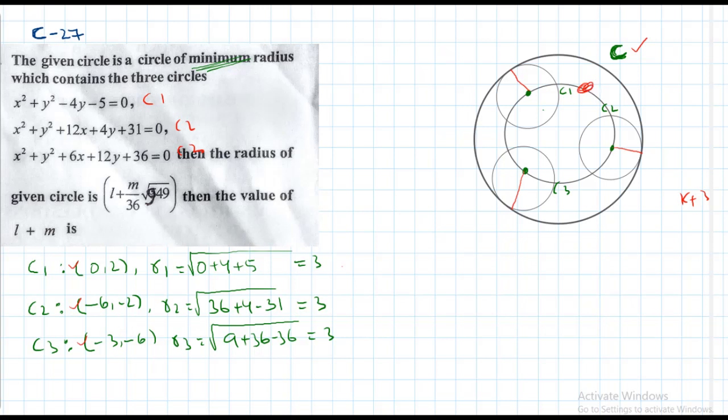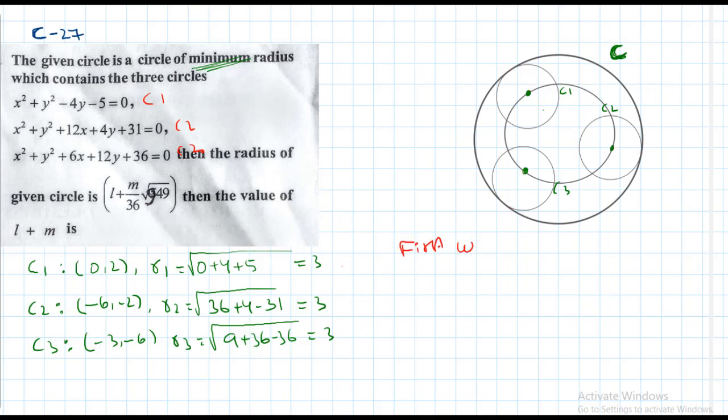There are several methods to find the equation of the circle. One of the ways: let alpha, beta be the center of the circle passing through the centers of all three circles. Now the distance from alpha, beta to the center of C1 equals the distance to the center of C2 equals the distance to the center of C3. All are having equal lengths. Equating, we get the values of alpha and beta. Or directly, in the general form of the circle equation also, you can find the radius of this circle. After that, you can find the radius of the required circle.